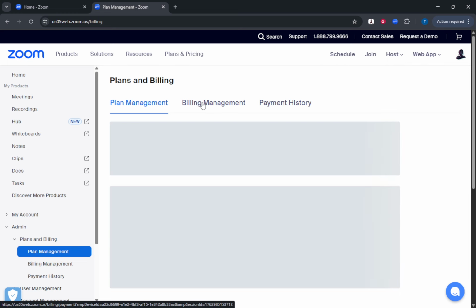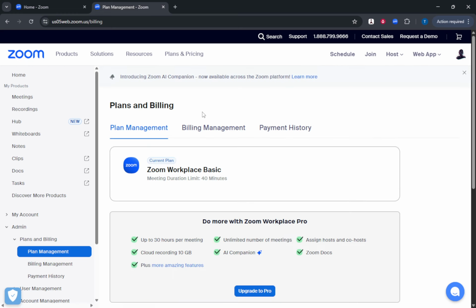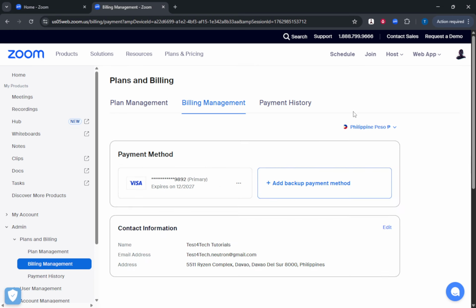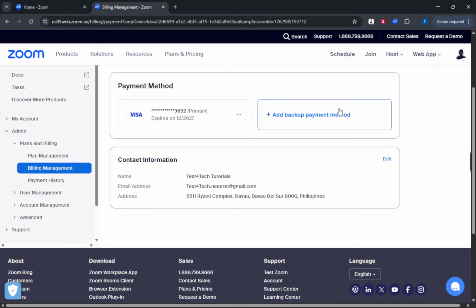Once you arrive at the Billing section, scroll until you see the Payment Method area. This is where you can view your current payment setup and make any necessary changes. Next to your existing payment method, you should see an option to either change payment or a small edit button. Click on the appropriate link, and you'll be taken to a new page where you can select and set up